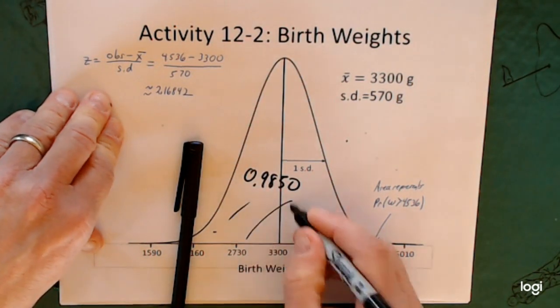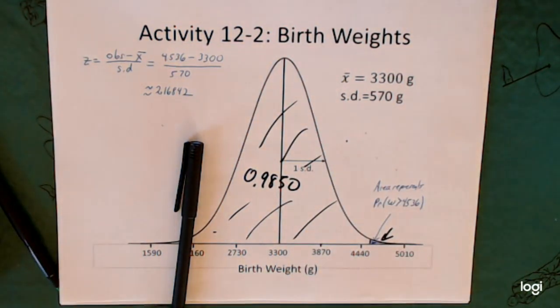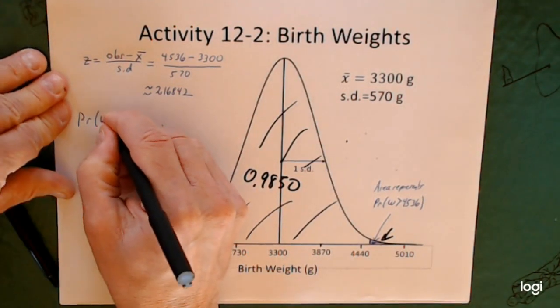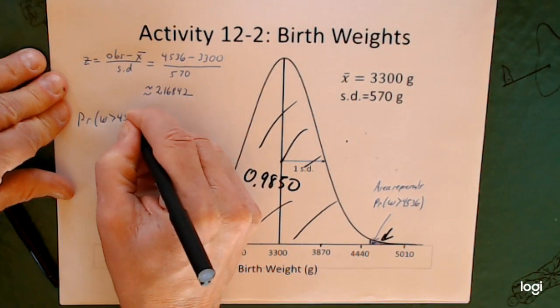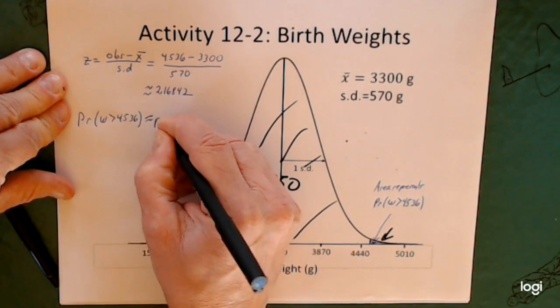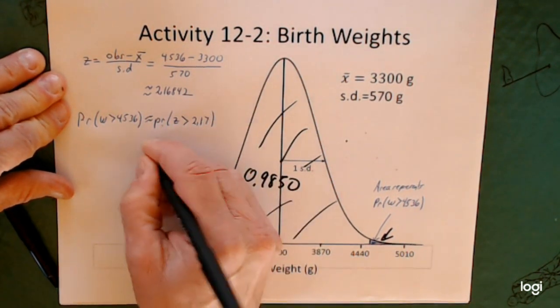Right? All this area back here. So what does that leave for up here? We know that 100% of our observations are under the curve, so the probability of getting a weight bigger than 4536 is the same, or at least approximately the same, as the probability of getting a z-score bigger than 2.17,